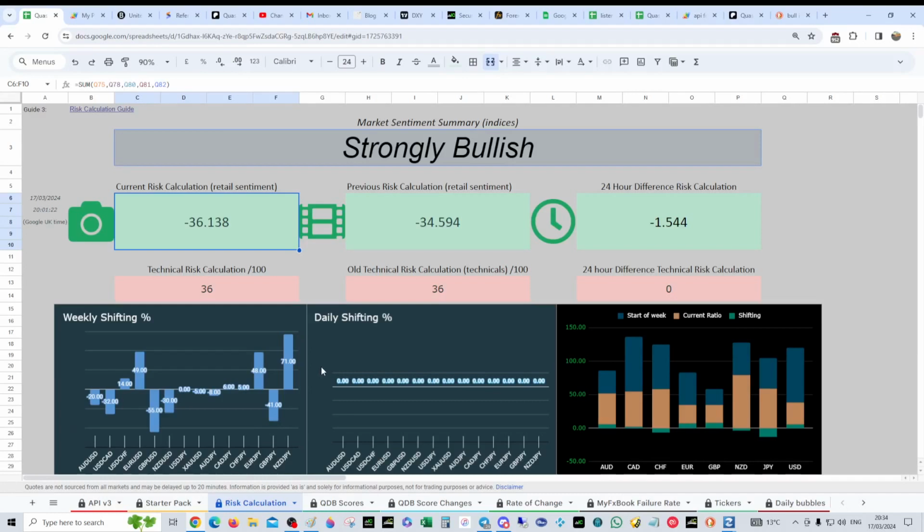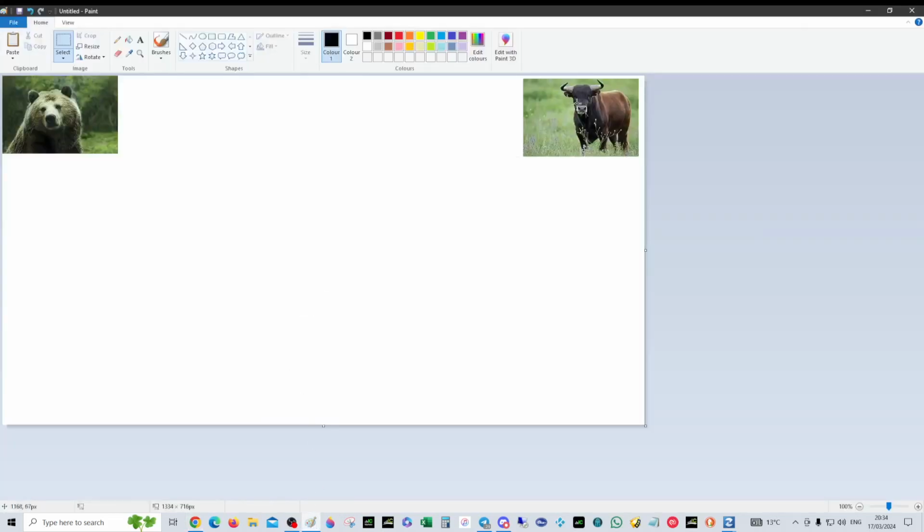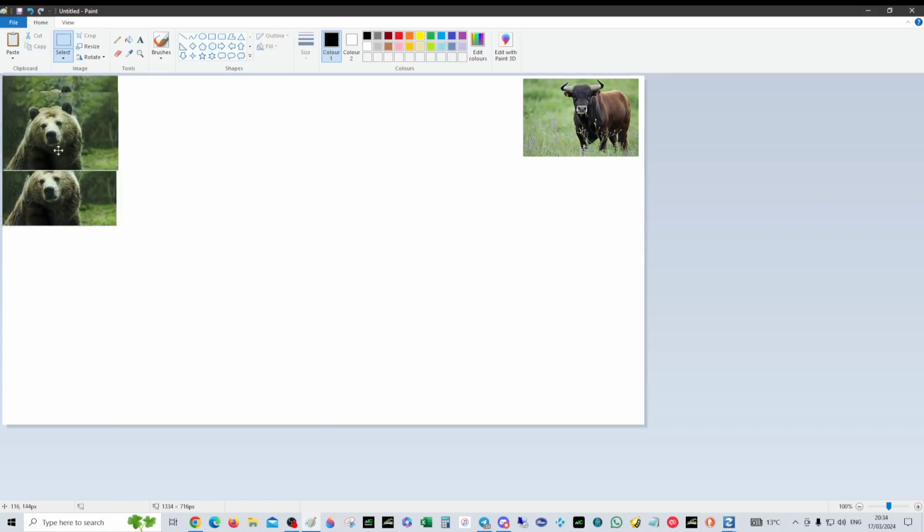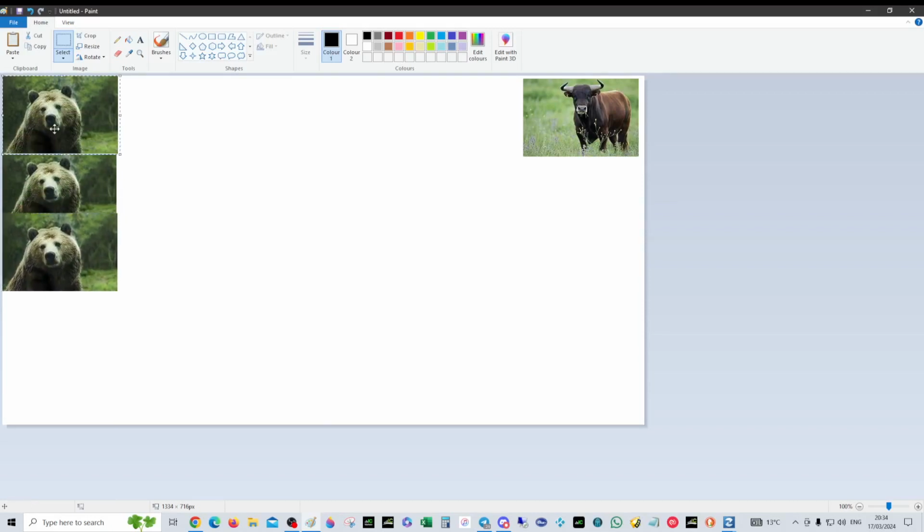Now, the issue with dollar longs is that we want to be risk off, but we can see we're clearly risk on by the amount of bears there are in the market. So let me just show you something, okay? So there's one retail bull, and right, so this is one, okay? And I know this is maybe a bit childish, but then you'll just understand how crazy this is.